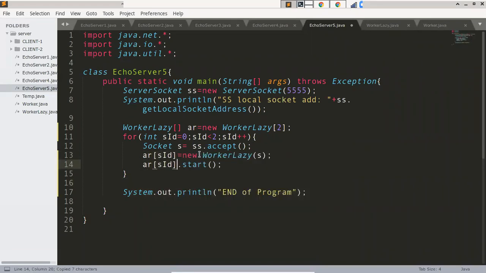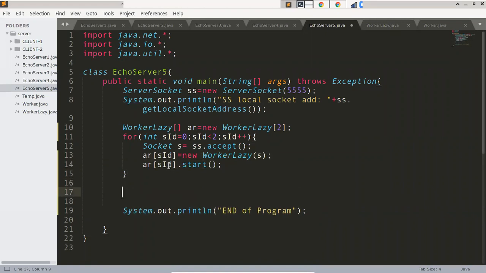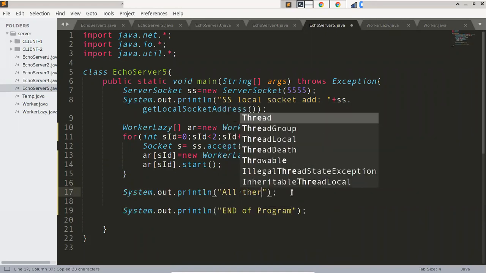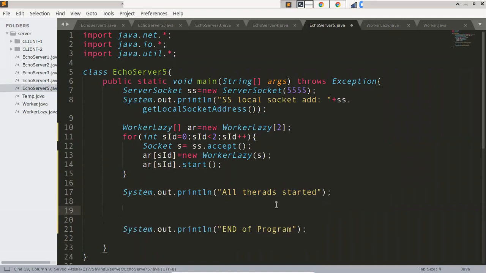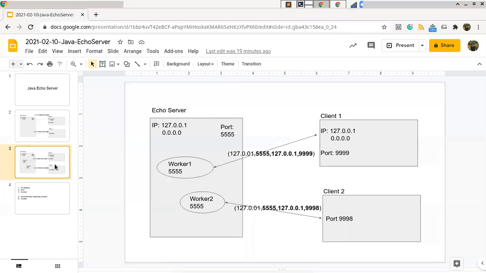So I'll have those variables in this array. After this loop finishes running, I'll print all threads started. They have started, but I don't know whether they have finished. Then how can I wait until these things finish? For that, if we think from this image, what happens is,